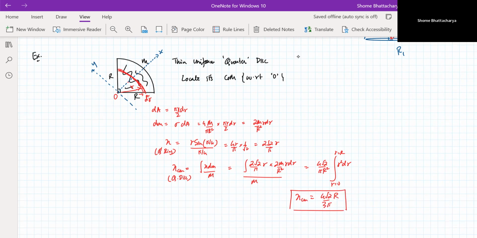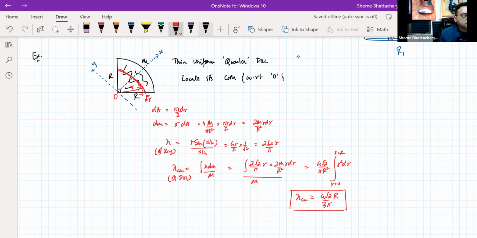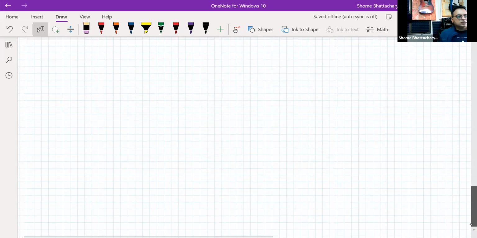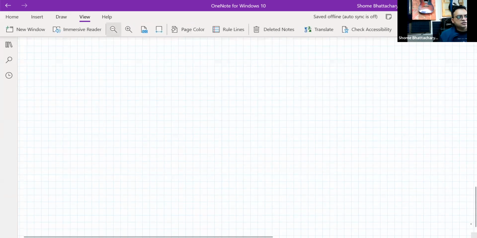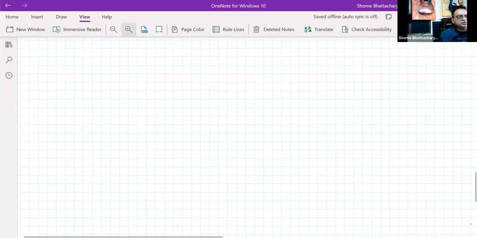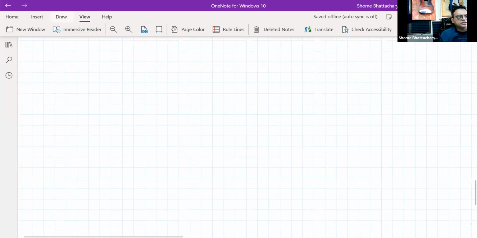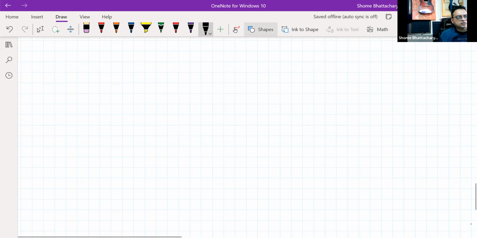Right. So now let's start looking at questions where we have to do other things, but the position of the center of mass is part of the overall calculation of the question. So in continuation of this, let's look at a simple example where we will use the work energy theorem. In addition to that, we will need the position of the center of mass. So our next example,